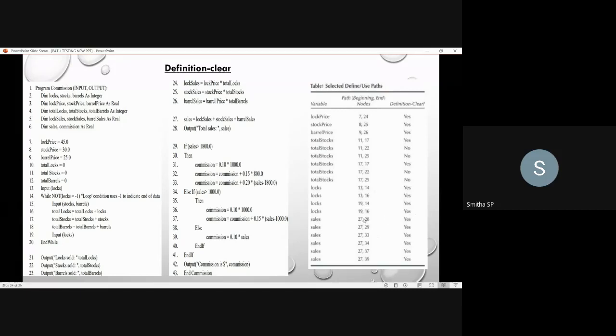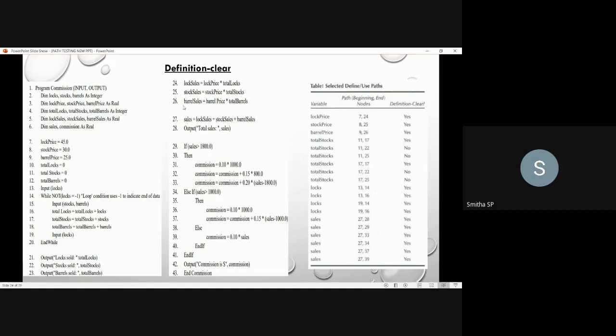Next, similarly for sales, 27th and 28th. Sales, yes. The 27th is where you have defined it, so it is the beginning node, and in the 28th it ends because you are printing the total sales. So between these two lines the definition is clear. Next, 27th and 29th.